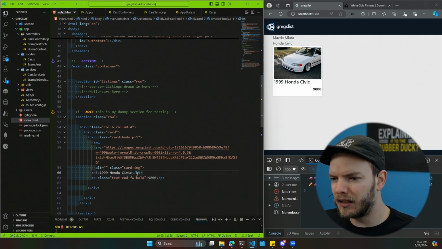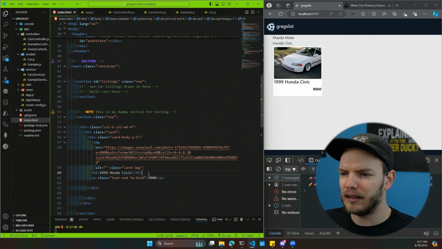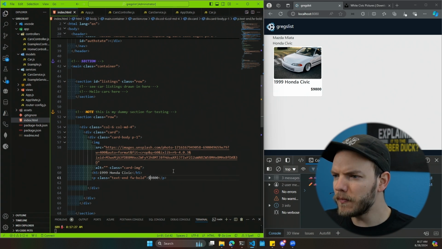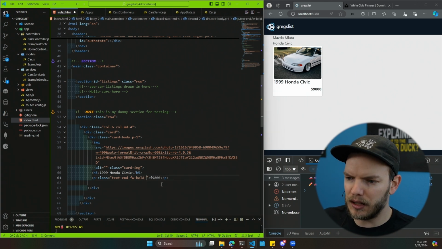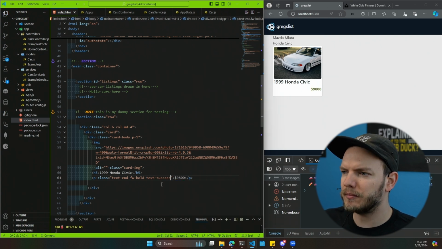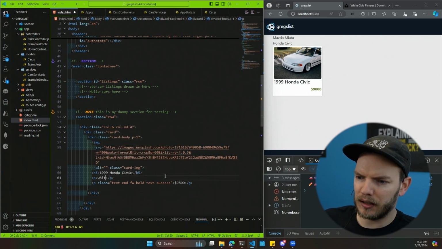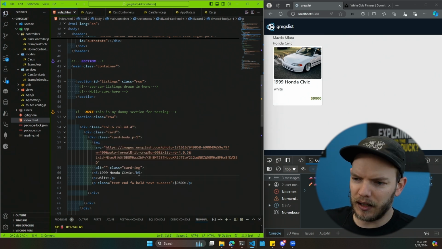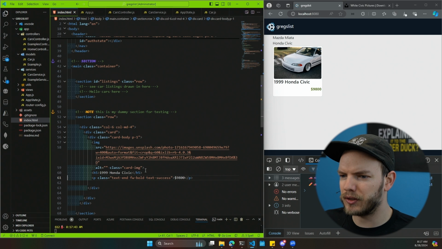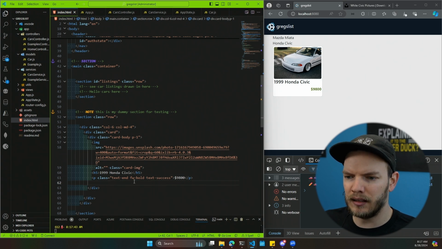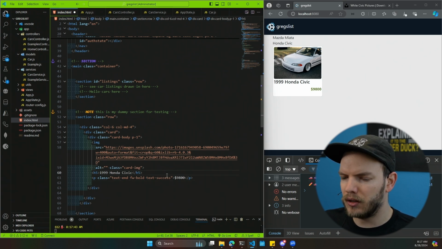So we'll do 1999 Honda Civic, $9,800. Maybe put the dollar sign right there, and maybe we can even do a text-success to make it kind of green. Honda Civic, maybe put another P tag, white. Maybe it's a little too tall now, so maybe we'll just leave it like that. Actually, we could